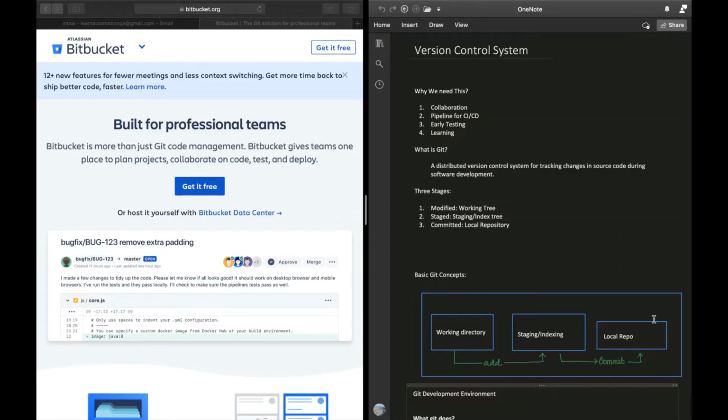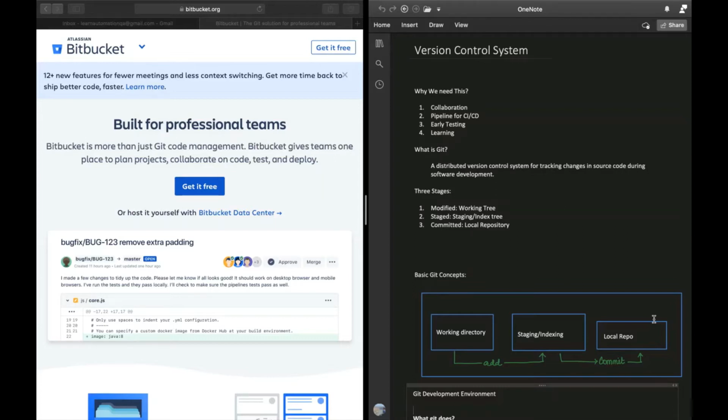Apart from that, it really helps with early testing. And how does it help with early testing? Every time you push your code, that will be reflected on whatever server you are using, either Bitbucket or GitHub or GitLab, and then that could be triggered by any scheduled job on your Jenkins, and you can check your results as soon as possible, like the smoke test or maybe the sanity test if you want.